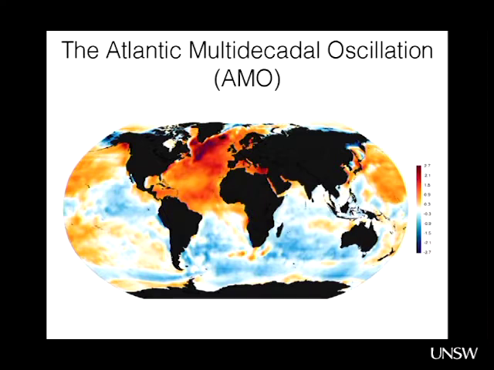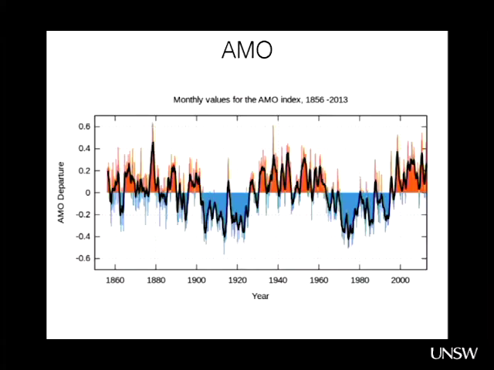So if you plot the time series of the AMO index, you calculate the AMO index just by averaging sea surface temperatures over a box in the North Atlantic, and then you try and remove the forced signal, and this is what you have left. You can see there's a lot of shorter term variability, but if you smooth it out, you get these periods where it's cold for a couple of decades and warm for a couple of decades and so on. So that's also going to have an effect on European temperature